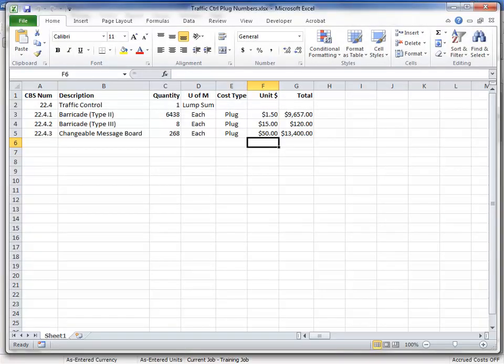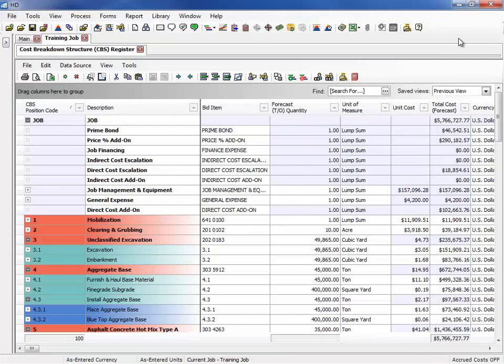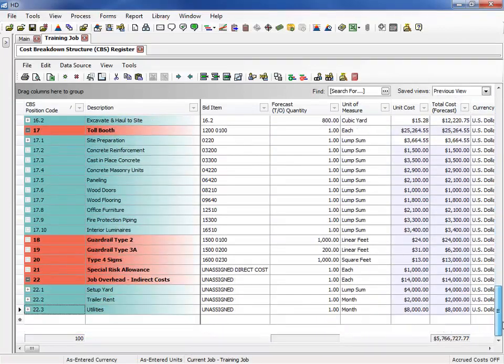CBS item 22.4 and all of its subordinates do not currently exist in the CBS. So as they are imported, we will need to make sure that the checkbox is selected to add CBS items to the register. And we can see here that they will be imported into our superior item 22 in 22.4